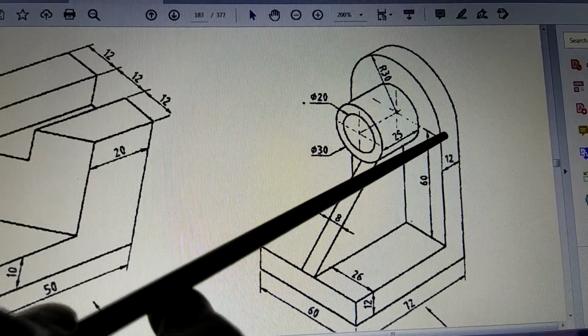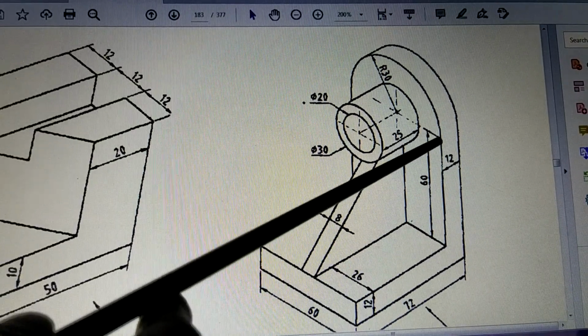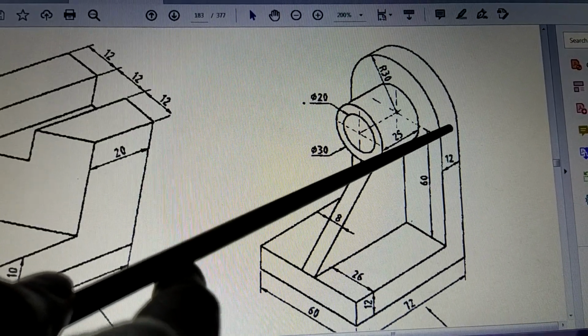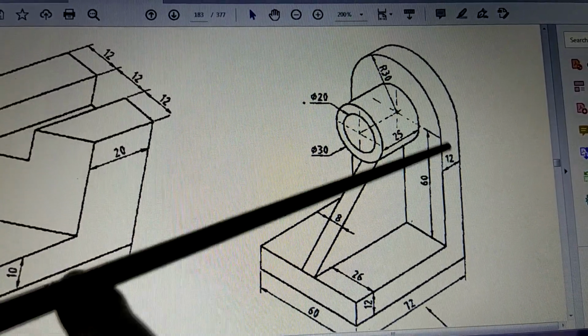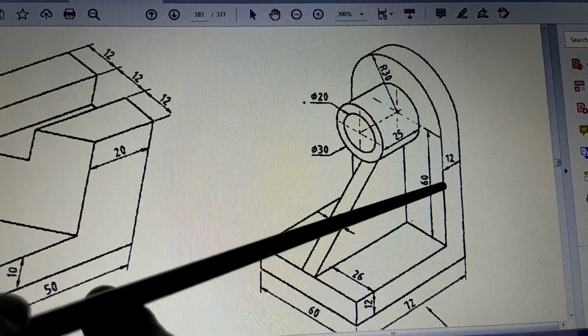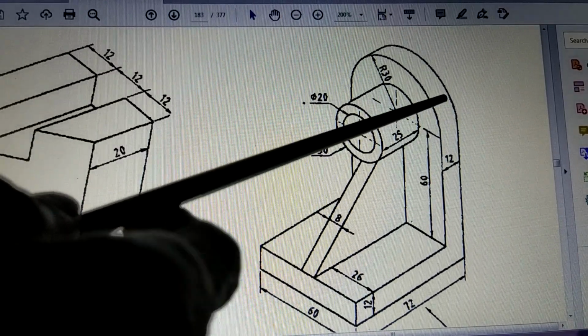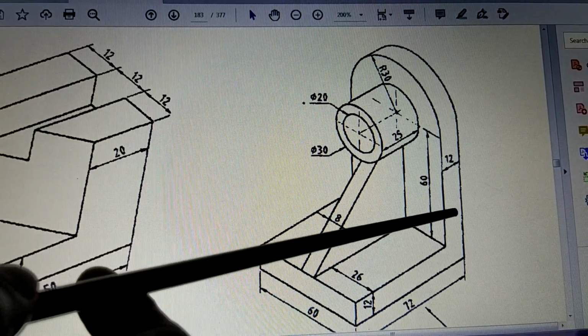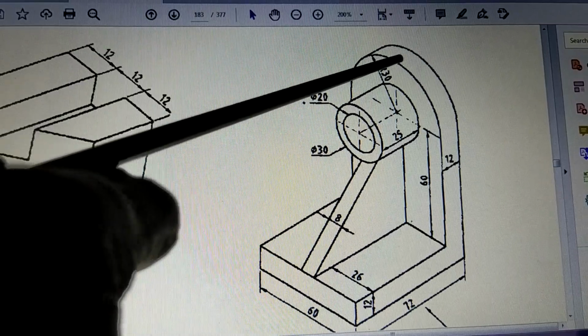After this point, suppose you draw a line like here. From this line down, it is a flat surface, and from this line above, the curvature starts like this. But when you see in this direction, this curvature and this flat surface cannot be distinguished separately. You will see it as one surface. So this surface will start from here and continue upwards up to this height.